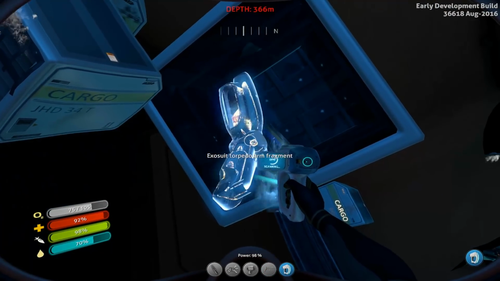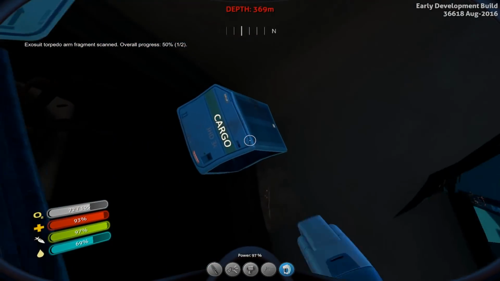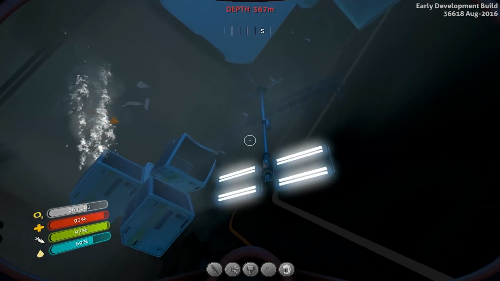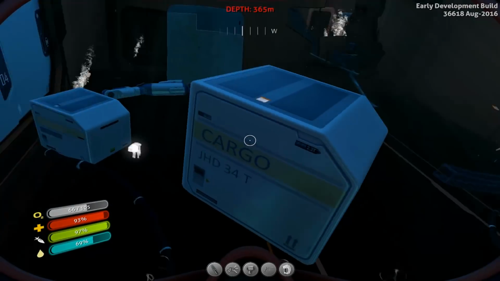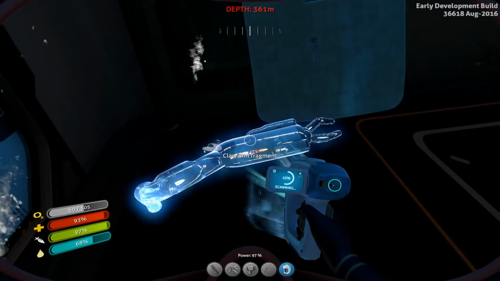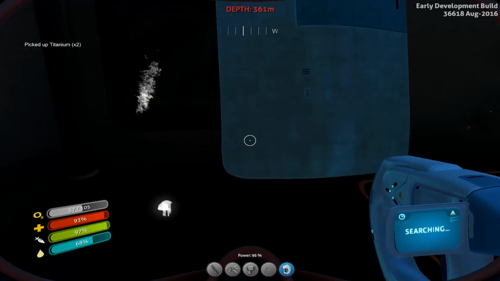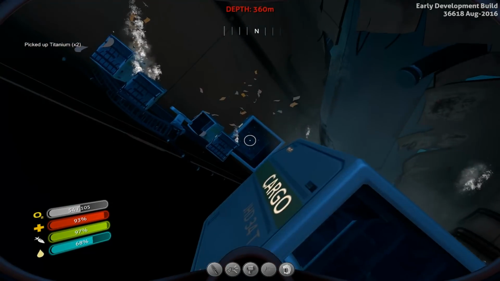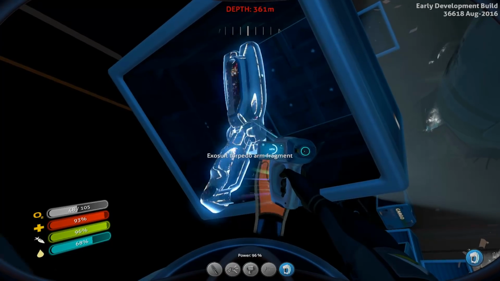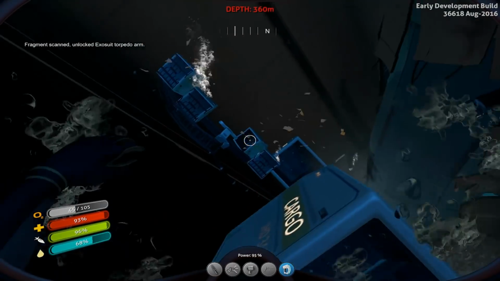So we got the torpedo arm fragment here, which is also a one of two. So I'm not sure if there's wrecks that have more than one. Well, there's a claw fragment. I think you needed these to get the actual prawn blueprint if you didn't already have it. Yeah. So that was something that I saw a lot of people on... Ooh, there's the torpedo arm. Okay, that's cool. A lot of message boards and things I was finding...